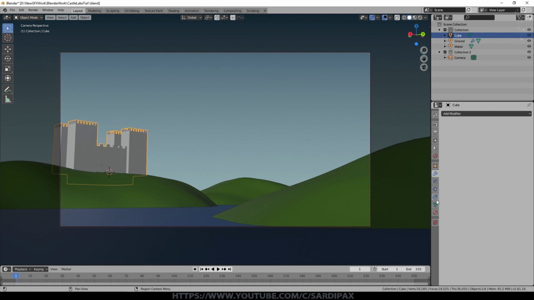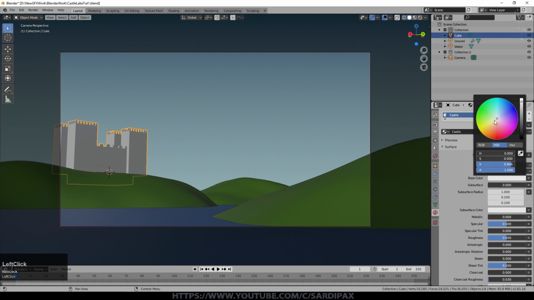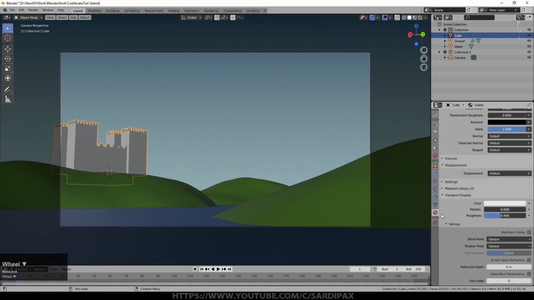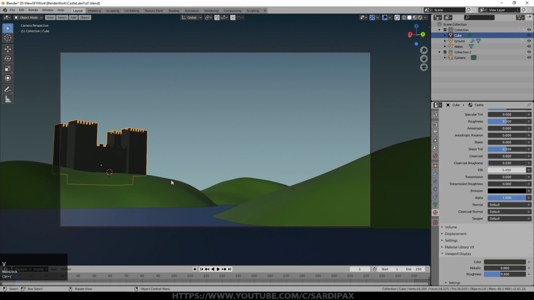Let's give that a basic material. Castle material. Slightly greeny, but dark colour. And I pretty much wanted my castle just to be little more than a silhouette. And it's worth putting these colours on the viewport display because it helps you to see, even in this mode, exactly what you're doing. That's possibly a bit too dark. There we go. So at the moment, our castle is perfect. It's as if it's just been built.